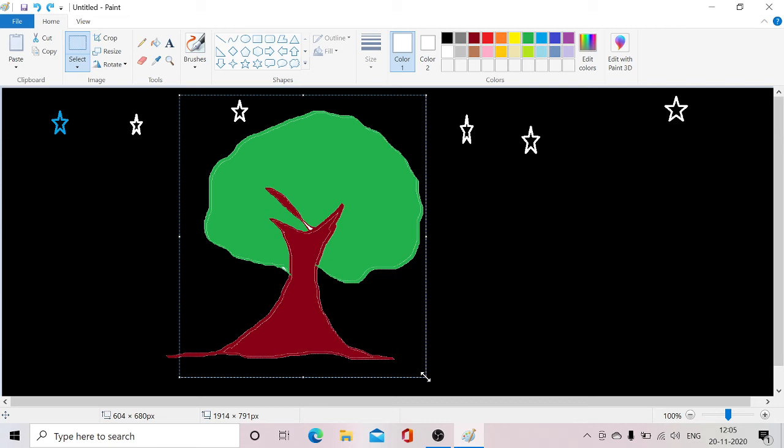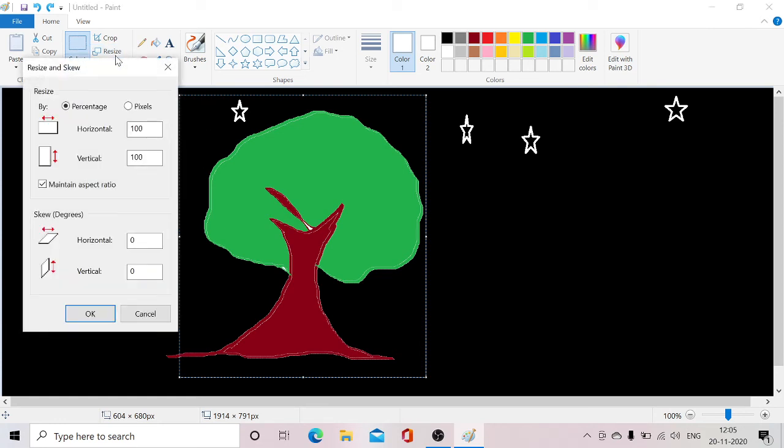Here I have selected this picture. Clear? Then step 2, we have to click the resize option. Can you see resize? Right, resize. Here you can see different options. Fine. So here let us give percentage.